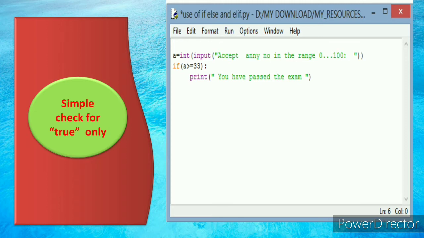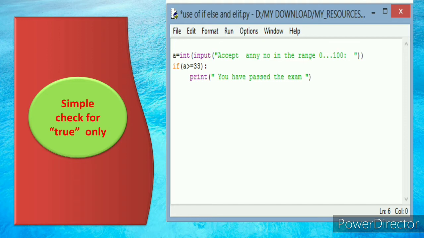In the second statement I have given a conditional statement: with if, I have given the condition a is more than or equal to 33, and if it is, then I display "you have passed the exam". In Python, the print statement gives you the output so that it can be displayed on a screen.